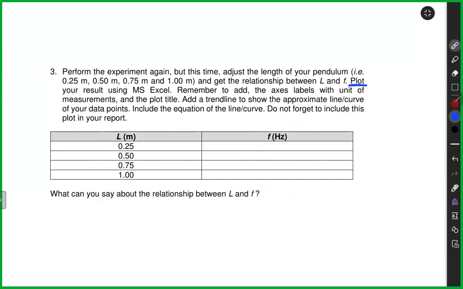You have to plot your result using MS Excel. To add the labels, add the trend line and show your data points and the equation of the line. Because some of the groups still failed to put the equation of the line. Okay, it's just there in the features of your MS Excel. Just add trend line and add the equation.